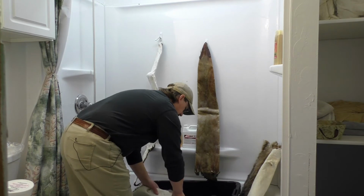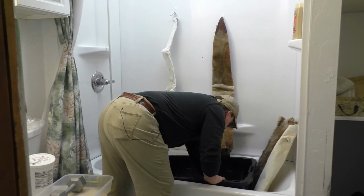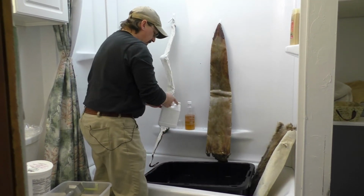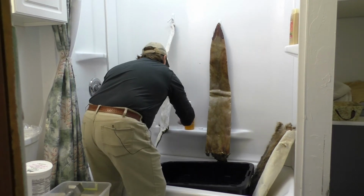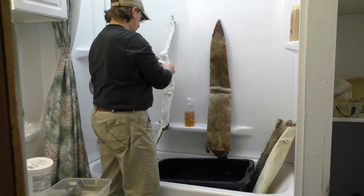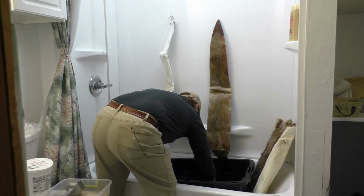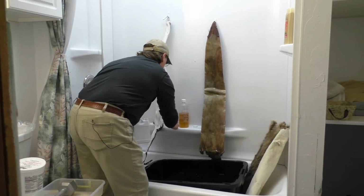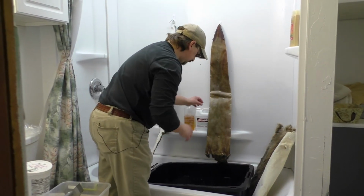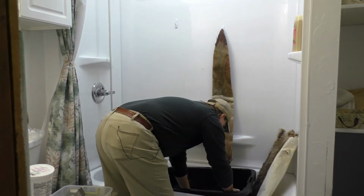Let's go ahead and get this first one down in here. Like that. And I'm going to add a little bit more of the solvent, Liposol agent, given the number of hides I have in here. After I pull this out, these have had a chance to hydrate a good bit. Again, I'm going to pull these out,